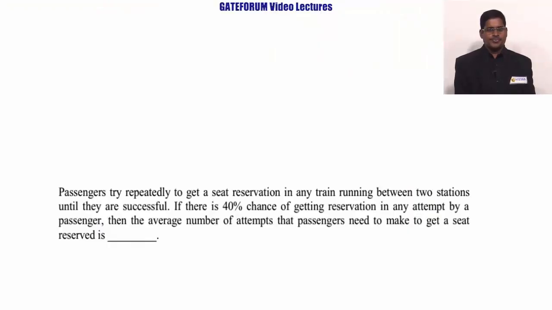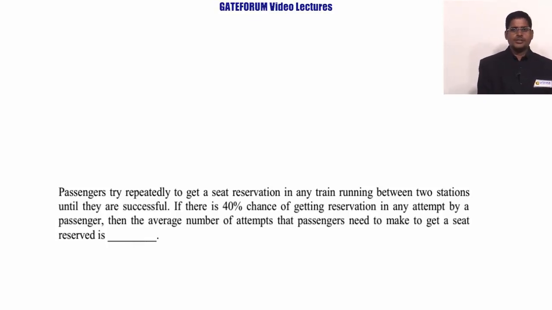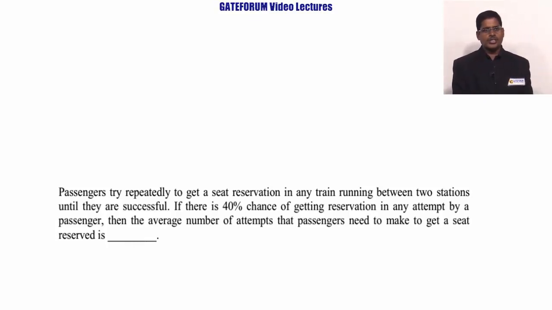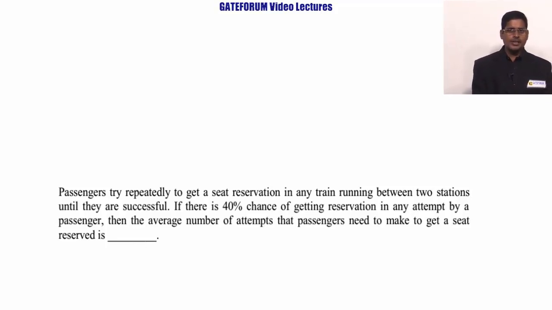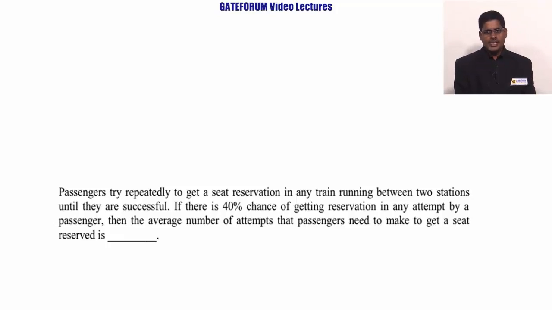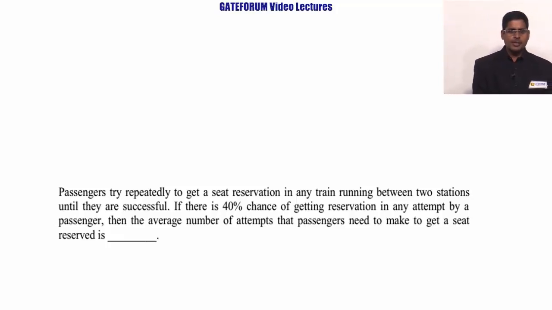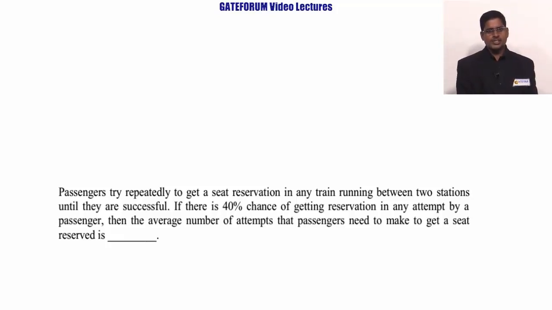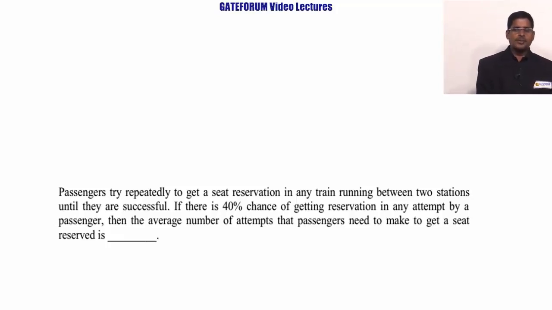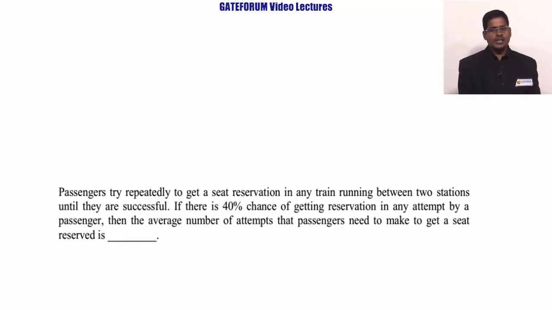Question is, passengers try repeatedly to get a seat reservation in any train running between two stations until they are successful. If there is 40% chance of getting reservation in any attempt by a passenger, then the average number of attempts a passenger needs to make to get a seat reserved is dash. This question is from engineering mathematics. Topic is probability and statistics. Subtopic is random variables mean, which is from GATE 2017. The solution is,